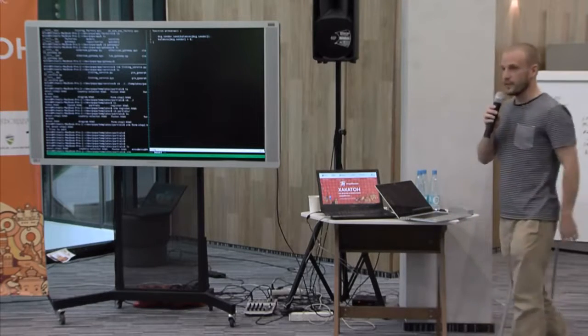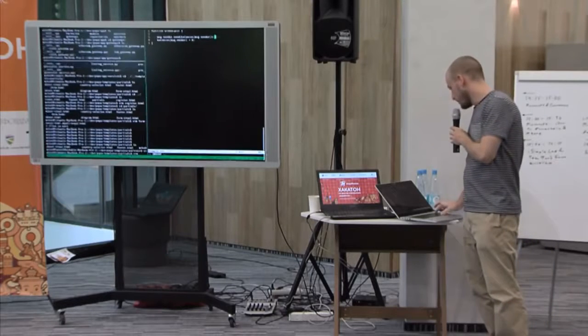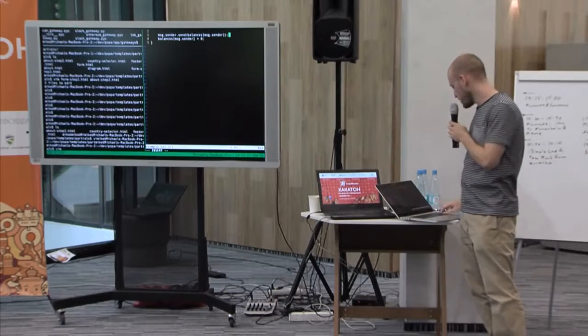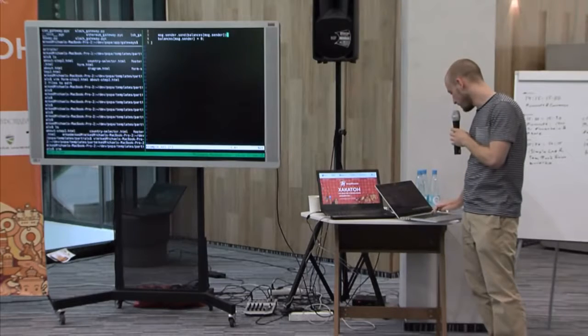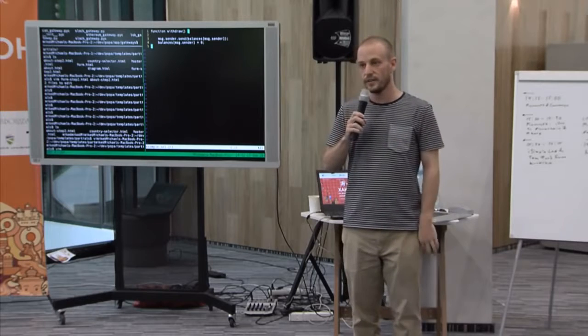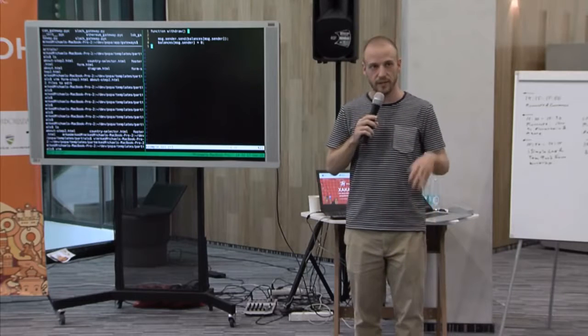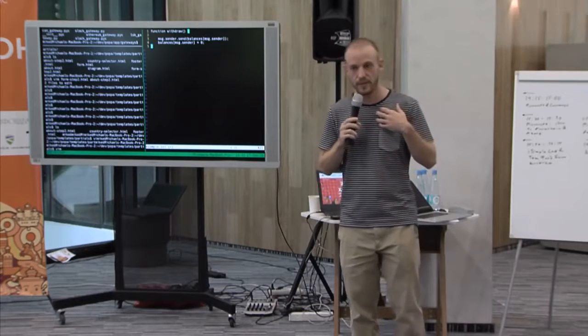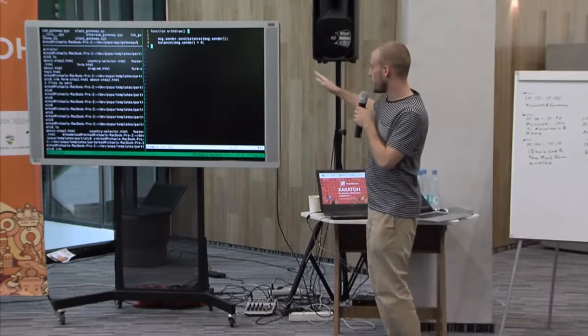Okay, so this is the bug in the DAO, basically. This looks pretty innocent. We have this function called withdraw. Say I sent some money into the DAO because I wanted to participate in it, and then I decide I'm bored. I want to get my money back out of the DAO. So I call this withdraw function.